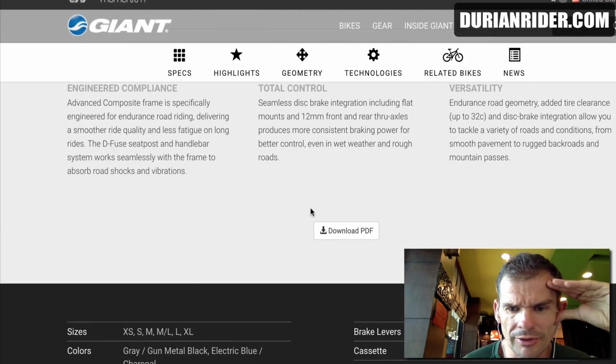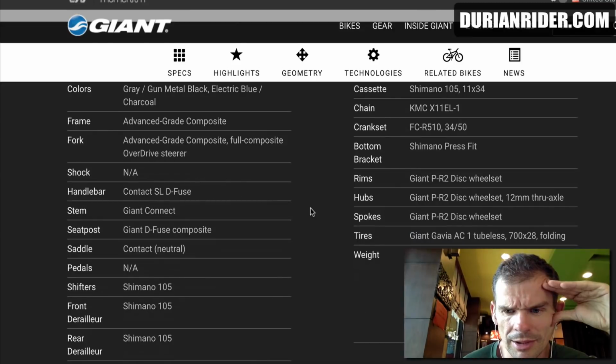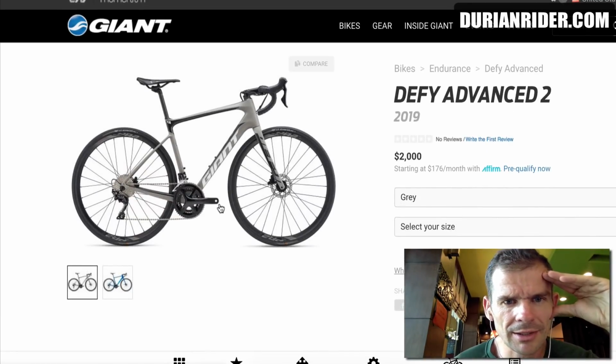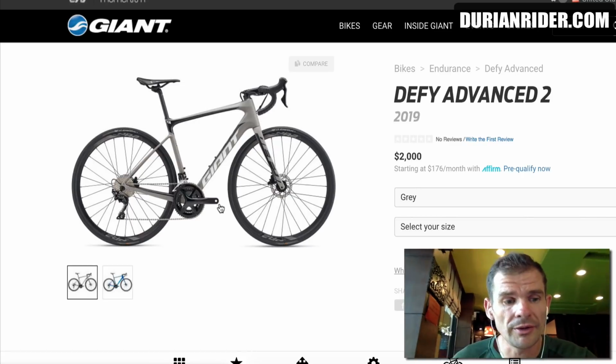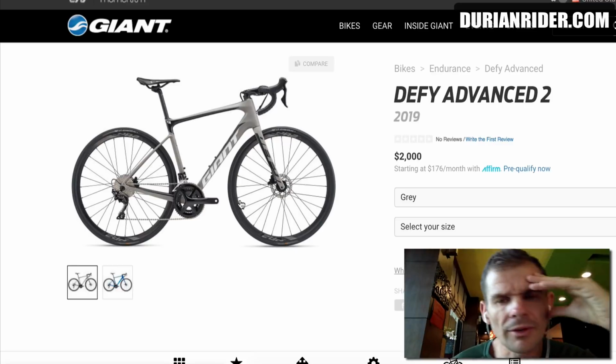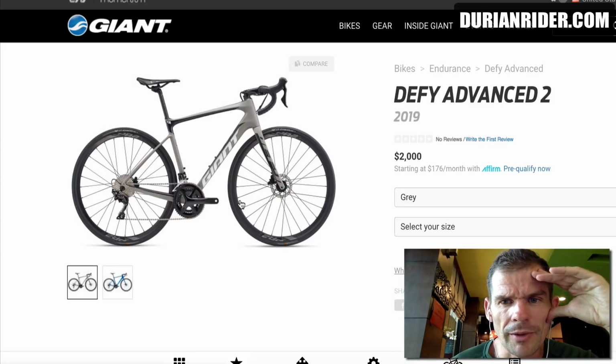Still don't have hydro brakes. Still got mechanical. So I don't know, if you're going to get a disc brake bike, you want disc brakes for better braking. I said my max screen's messed up, but I would spend the extra and get